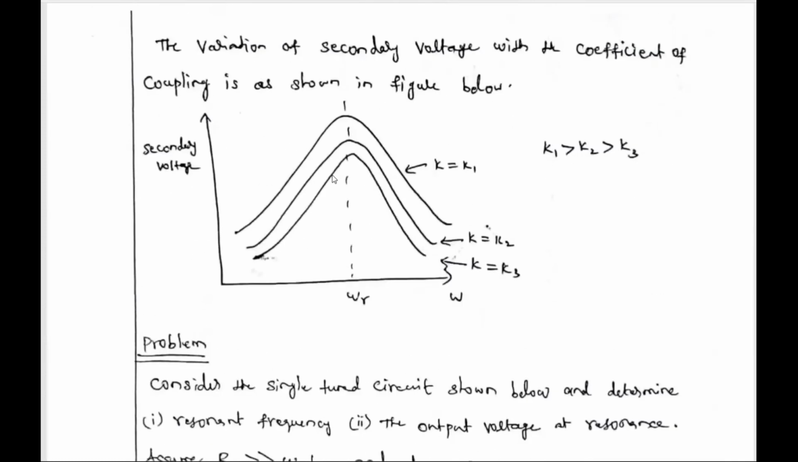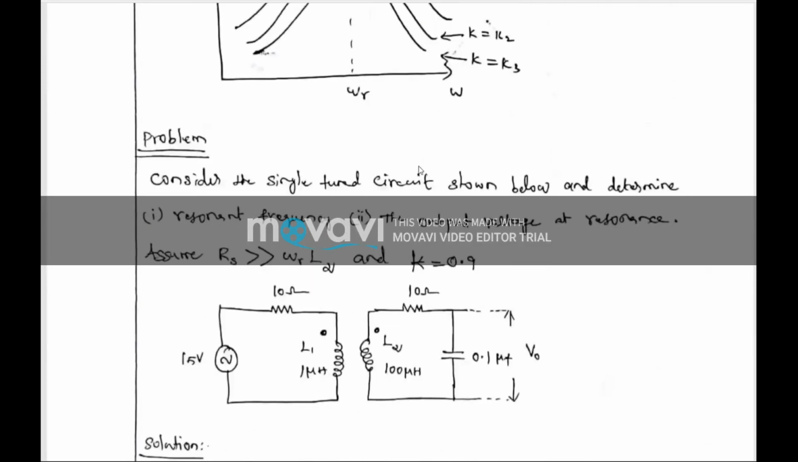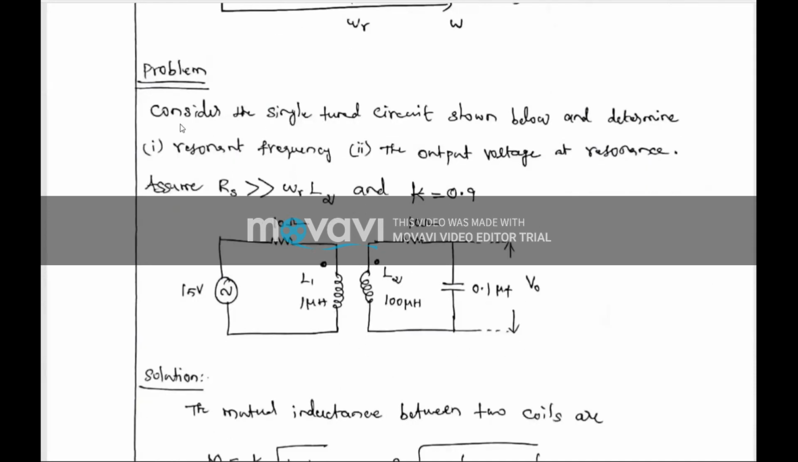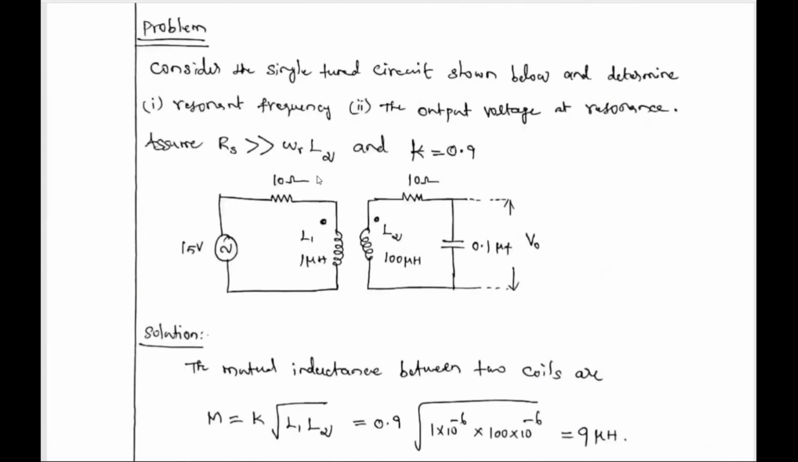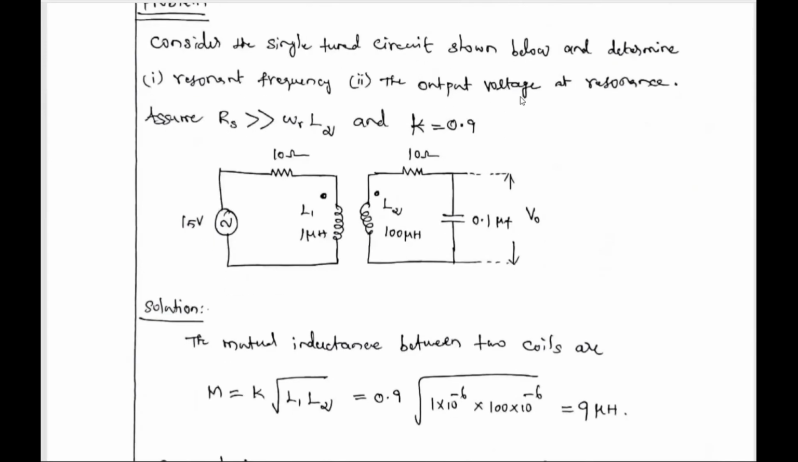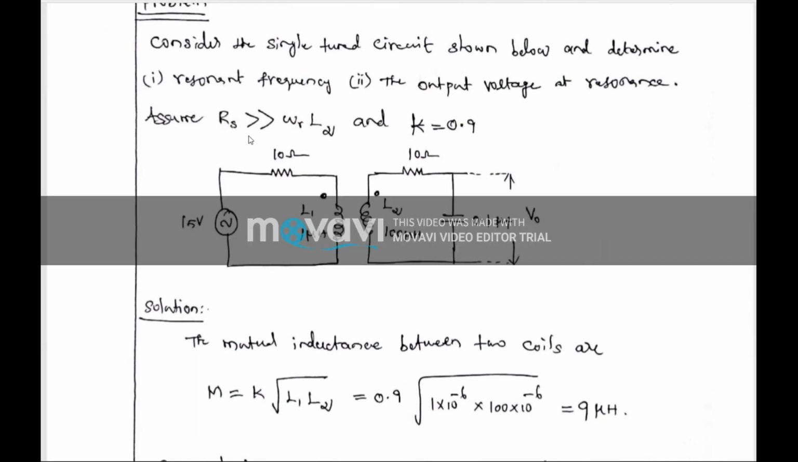Okay, so mostly this derivation and this problem will combinedly be asked as a 13-mark question. So it's a simple problem only. You see the problem: consider the single tuned circuit shown below and determine the resonant frequency and the output voltage at resonance. Okay, two things they are asking. And assume this Rs, the source resistance,